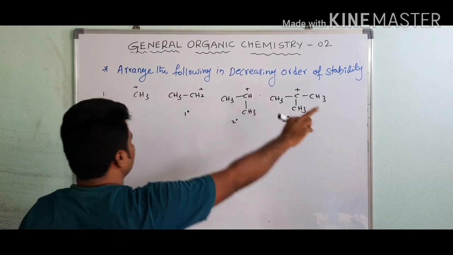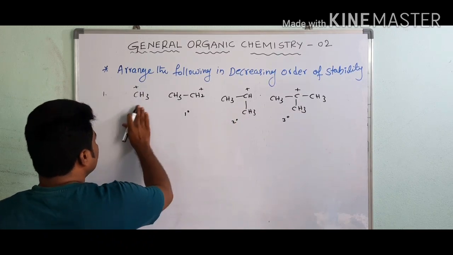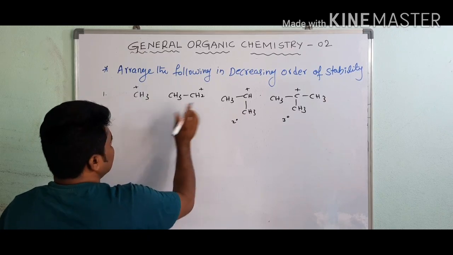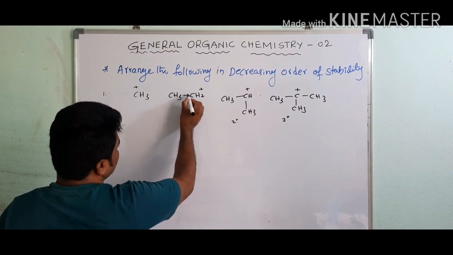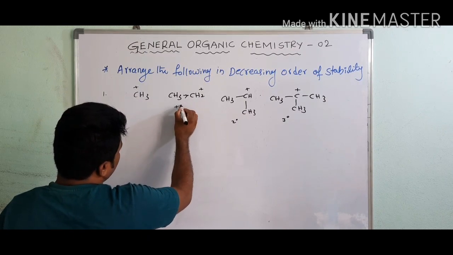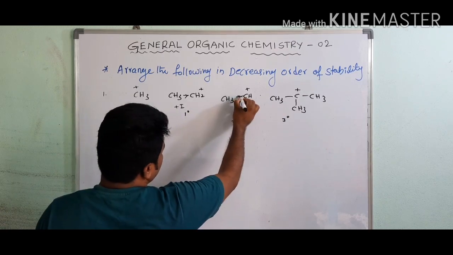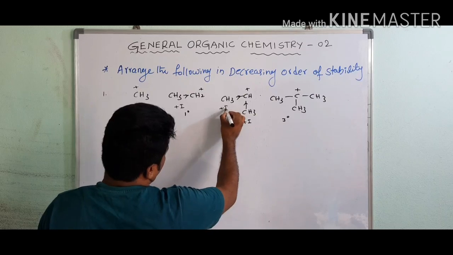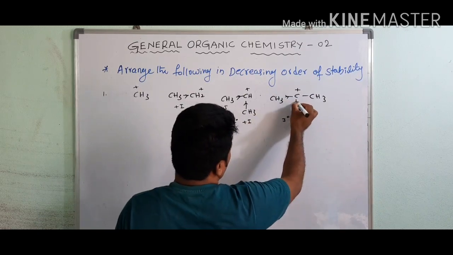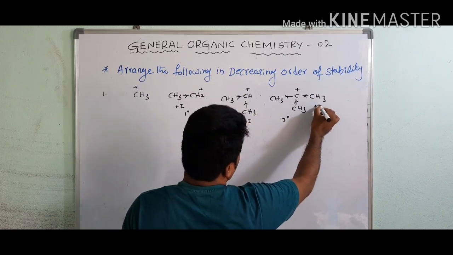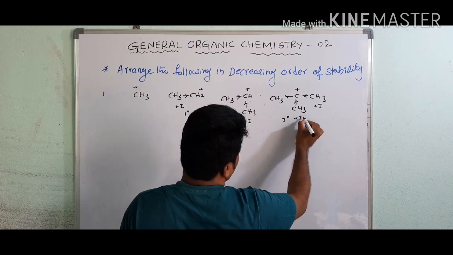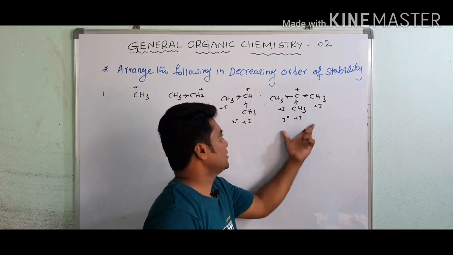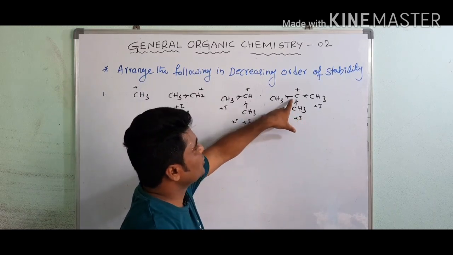Now all are electron deficient carbocations. Here, is there any positive or negative inductive effect? No. See, this carbocation is stabilized by one plus I group. Here, how many plus I groups are there? 2 plus I groups. Here, total 3 plus I groups are there. It means these 3 plus I groups decrease the magnitude of positive charge.